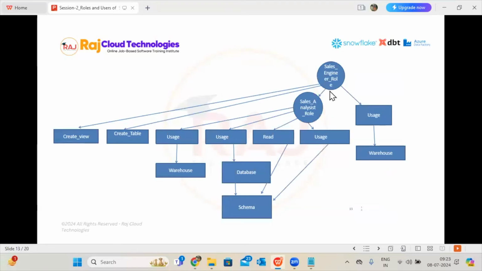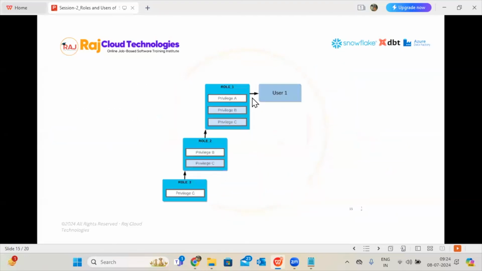So here there is no confusion, guys. This is all related information about sales analyst. Whatever I created, this whole box, if you compare, the whole box is related to analyst. So that sales analyst I attach to sales engineer. Whatever access sales analyst has will be inherited by sales engineer. That's the word I'm saying. Now if you come here,